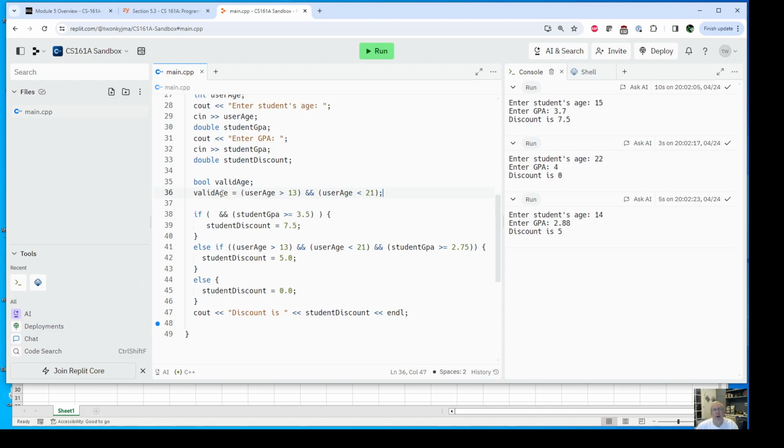So valid age is going to equal the result of testing user age greater than 13 ANDed with user age less than 21. So then I simply say valid age here. So now when I run my code,